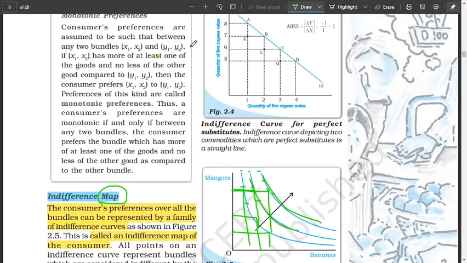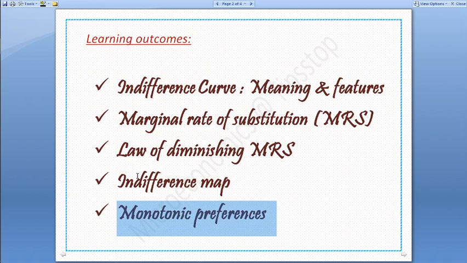The proper definition of monotonic preferences here: consumers' preferences are monotonic if and only if, between any two bundles, the consumer prefers the bundle which has more of at least one of the goods and no less of the other as compared to the other bundle. For example,